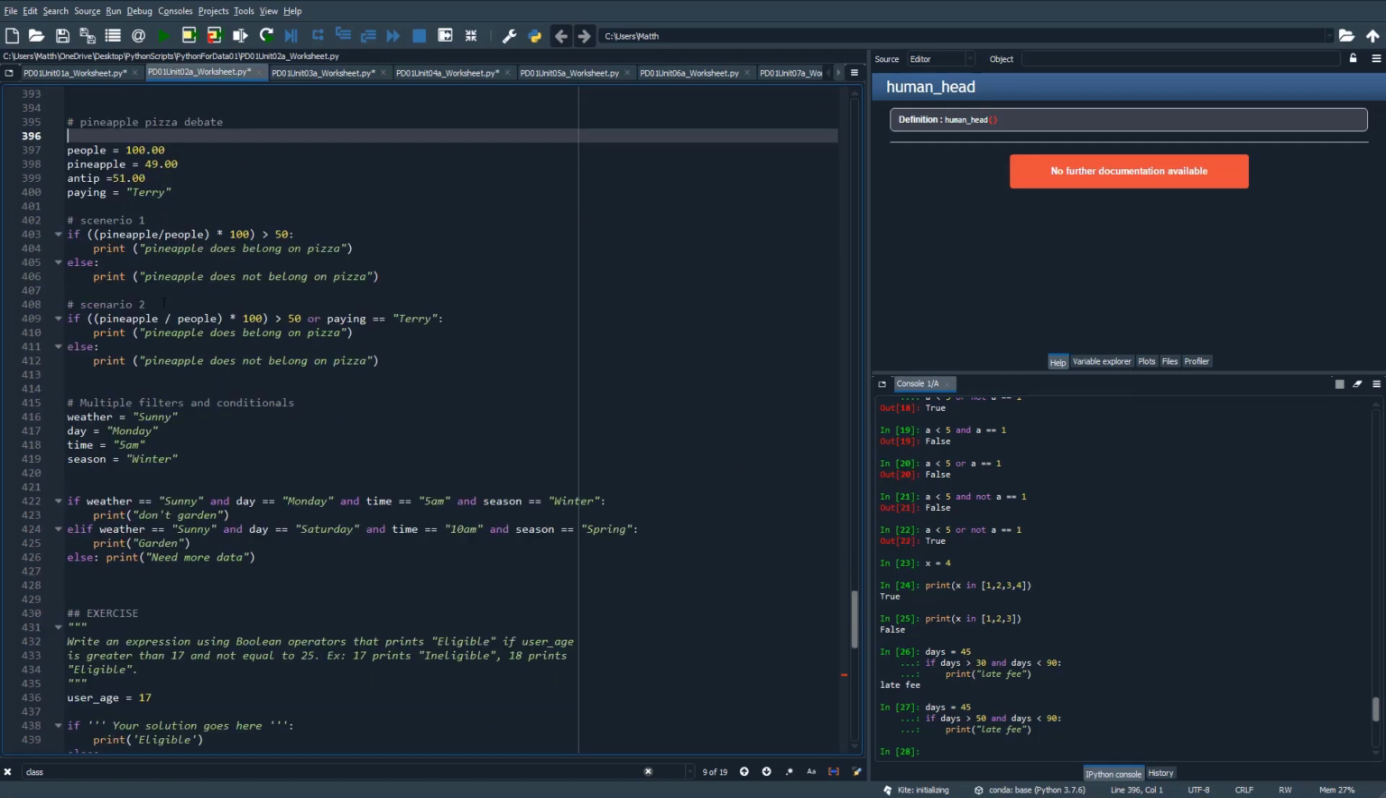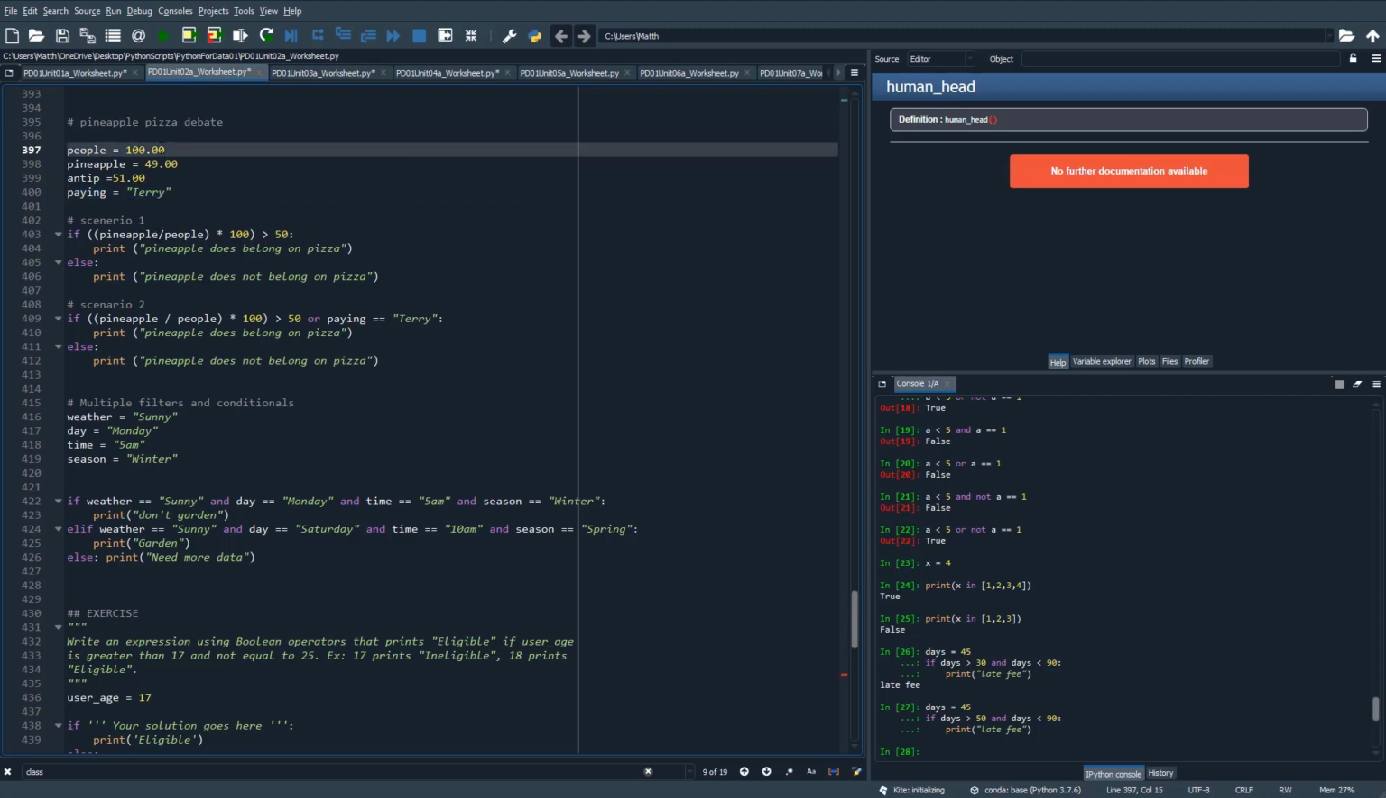Let's go into a little bit more with if-then-elses, and we're going to take a look at else and the syntax there. So here we've got the pineapple pizza debate. Some people like it on pizza, some people don't. Here we've got a pool of 100 people. 49 liked pineapple on the pizza, 51 don't, and Terry's the one paying. Wild card Terry. All right, so in the first scenario here, we're saying, hey, let's take the people who like pineapple divided by the number of people that we have, multiply that by 100 and see if it's greater than 50. If it is greater than 50, then pineapple does belong on pizza. Else, let's go ahead and print